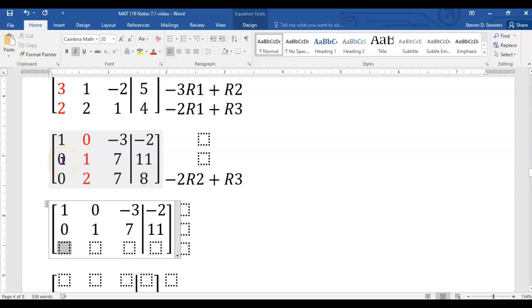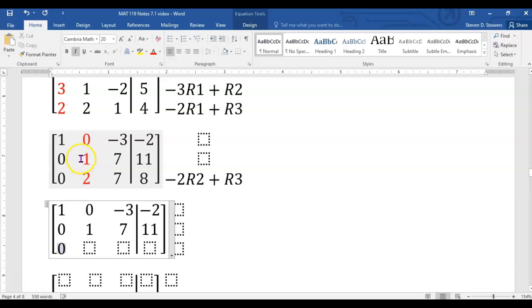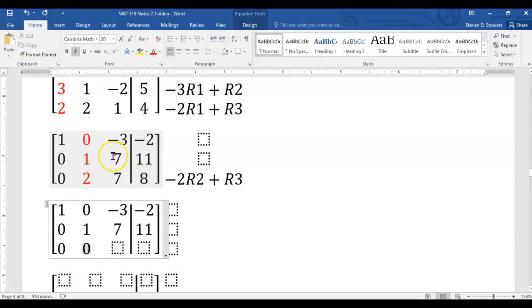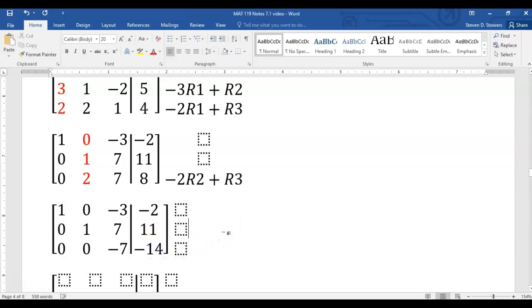So negative 2 times 0 is 0, plus 0 is 0. Negative 2 times 1 is negative 2, plus 2 is 0. Negative 2 times 7 is negative 14, plus 7 is negative 7. Negative 2 times 11 is negative 22, plus 8 is negative 14. Okay, now we have the second column the way we want it to look, and we turn our attention to